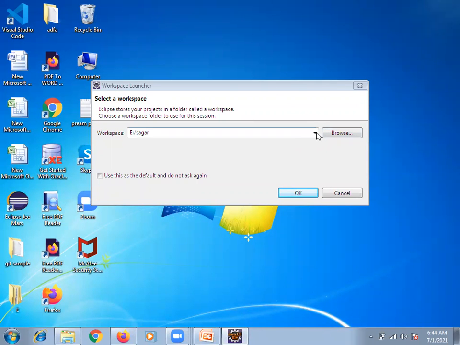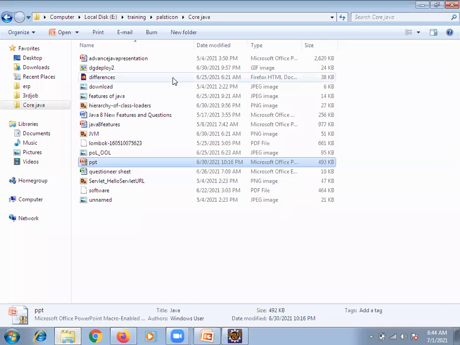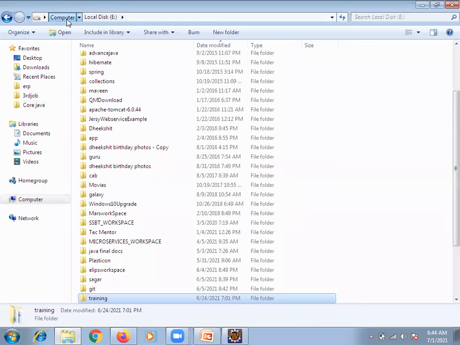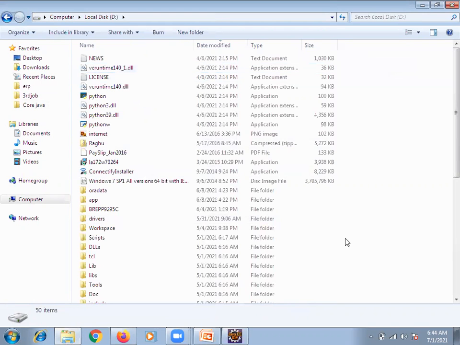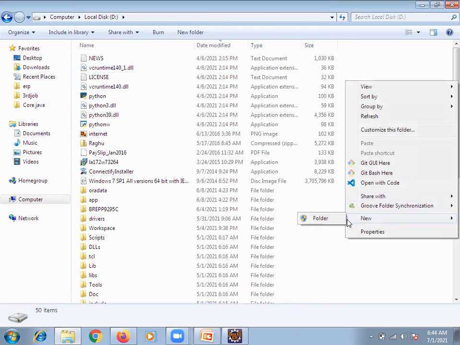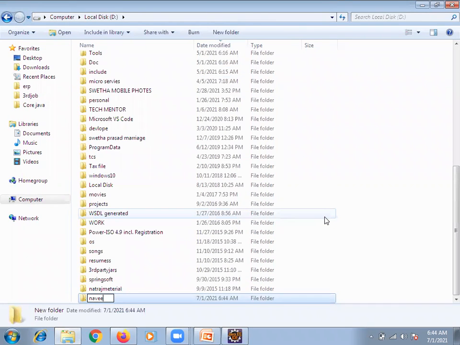Yeah. So this is the workspace name where we can give. Suppose based on your drive, see now you are able to see. Compared to C drive, every time try to use D and E. So now what I want to use now is a new folder. Inside the new folder, Naveen Vamsi